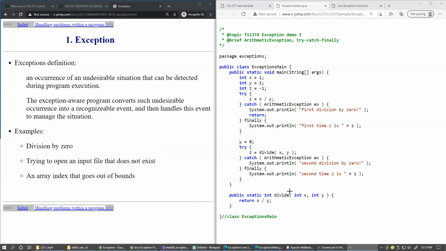To deal with exceptions, we use try and catch construct. We call it try and catch block or try and catch statement. And in this statement, the try block is required, and then it has to be followed by either catch or finally or both. So in case of an integer division by zero, an arithmetic exception is generated by Java runtime